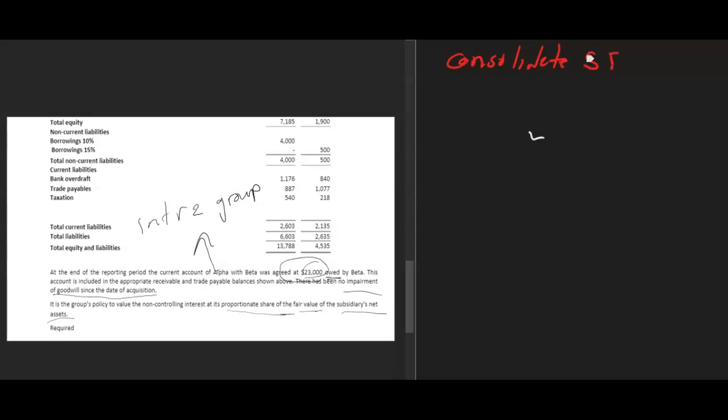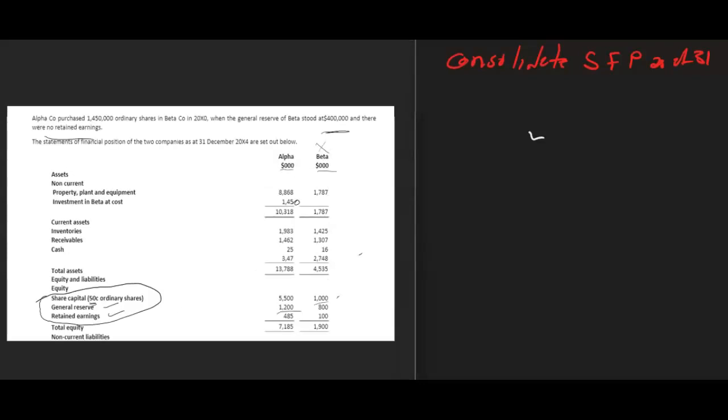statement of financial position as at 31st. All right. So we go to our financial statement. Okay, so most of these things will just be adding this and that. Okay, and where we are supposed to add a working, we are going to indicate. So we have our assets. Okay, then we have our